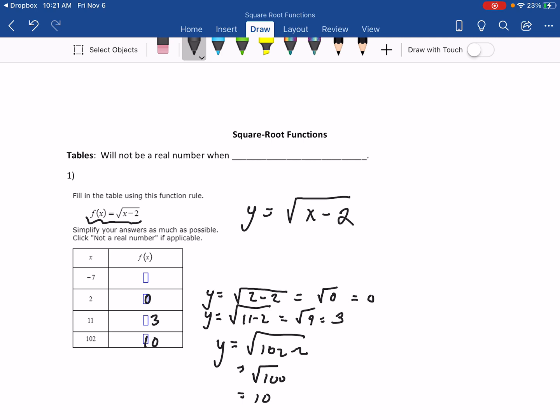Oh, for negative 7, watch what happens. So y equals square root of negative 7 minus 2, which is square root of negative 9, which is 3i, right? We know that's not a real number. So in the set of real numbers, we're not going to use 3i. We're just going to write not a real number, okay? And this gets into the issue of square root functions have what's called a restricted